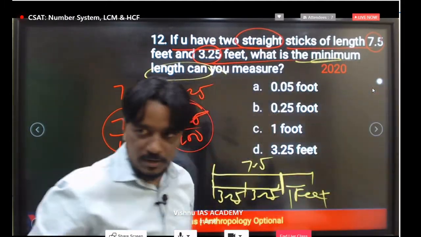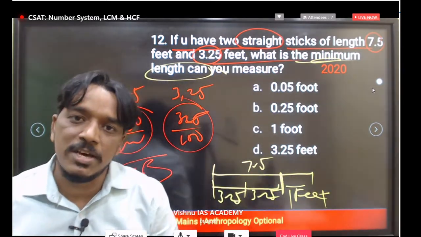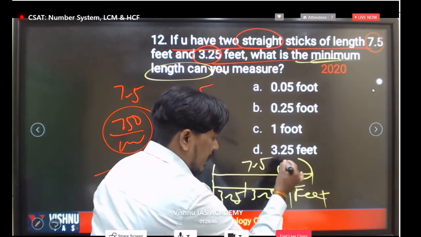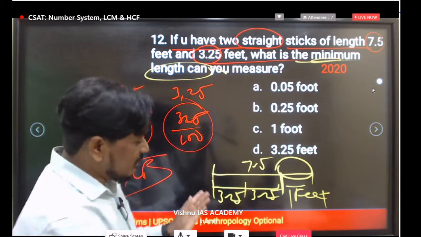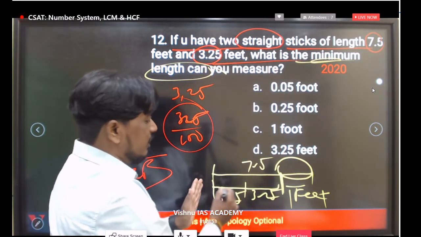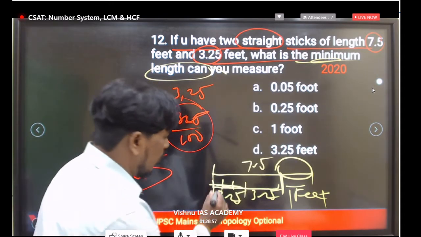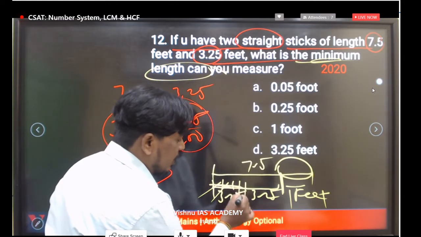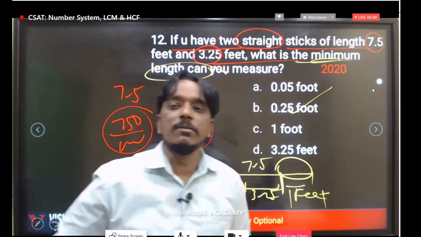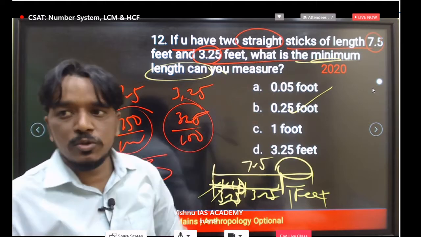But even minimum how much can we measure? Minimum is important. We cannot take 1 feet. Even minimum how much we can measure. See, based on this 3.25, this extra 1 feet whatever we are getting, using this 1 feet in this small stick, you can measure one stick with a 3.25. Measure 3 times, you will get 3 like this, 1 1 1. Additionally, how much you will get? 0.25. Directly 0.25 foot we can measure using these two sticks. Minimum they are asking. Minimum. So like this we can answer.